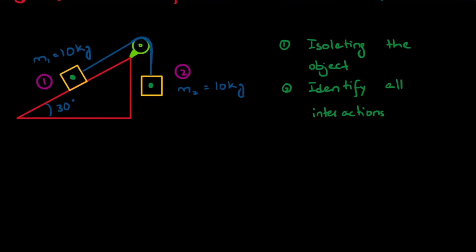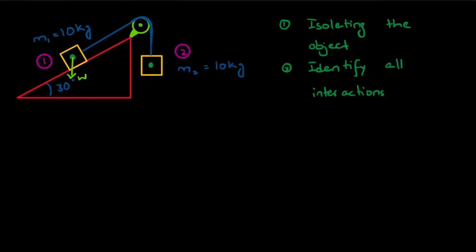Now, gravity acts downwards, which means if this is how the object is placed on an incline, then the weight or the force of gravity will be like this. So this green arrow represents the weight. Now again, you need to ask yourself, is there contact with the surface? Now, as you can see, the box is placed on an inclined surface, so there is a clear contact with